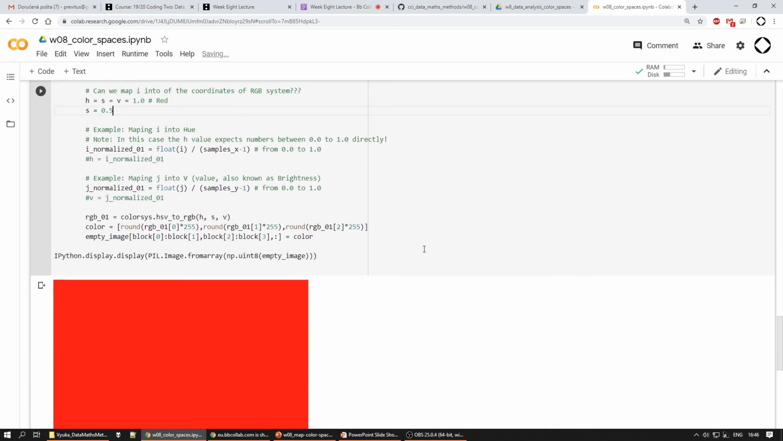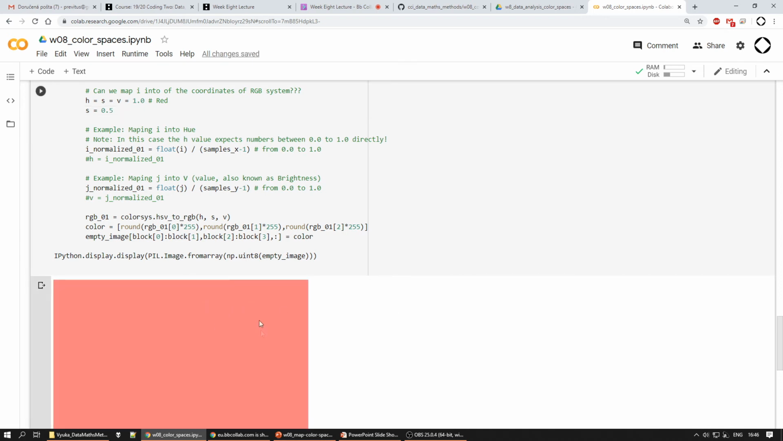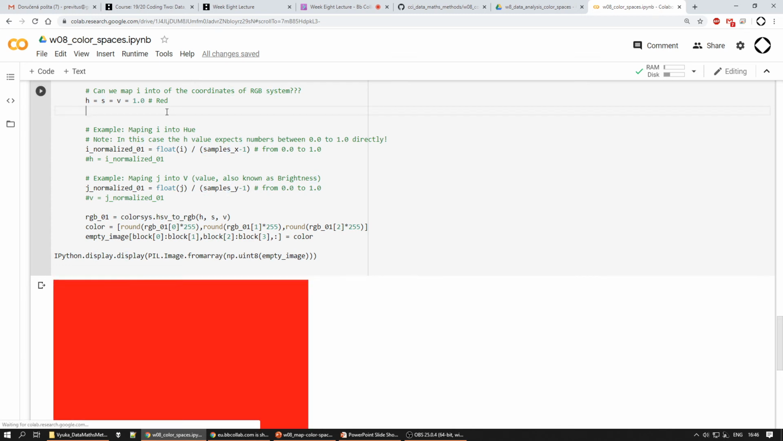Let's say that we want half the saturation, and we will get slightly less saturated red everywhere, which is good. Well, it is something that we sort of can expect, right? We know what will happen. If we go back into the red and change the value, which would be the brightness, and again have it half of that, we will get much darker